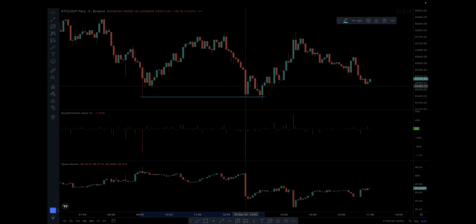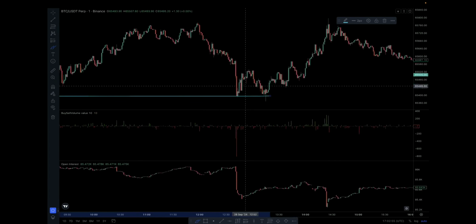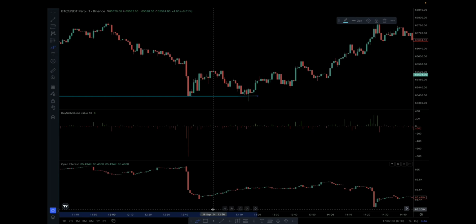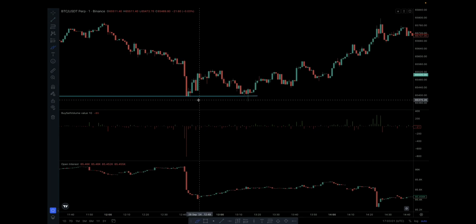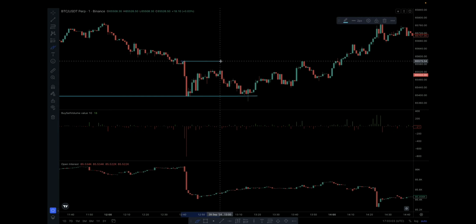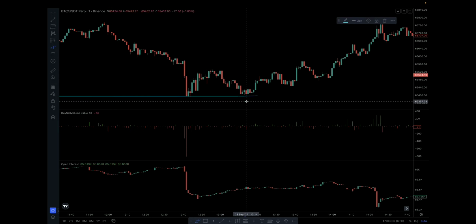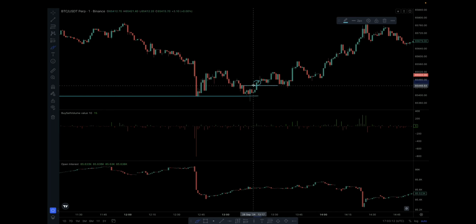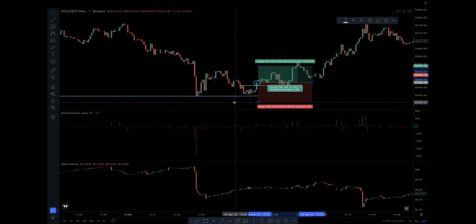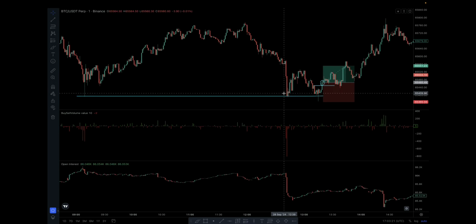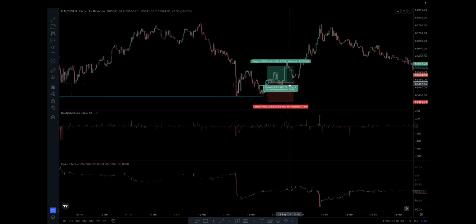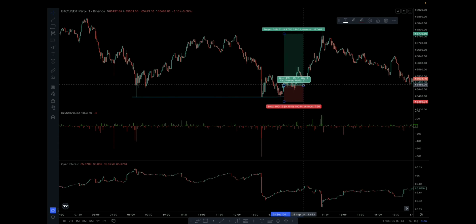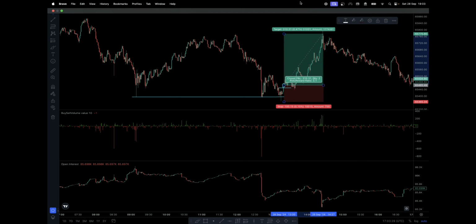So if you're looking at this, you go to a lower time frame. You would zoom it in, and after you've seen all that, you'll be looking for a price signal. So let's just take something really simple like a market structure break. Comes down, goes lower, so it goes below the low. Then it comes back above, there's a market structure break. So at that point, you could go long if you're testing that system. You might put your stop loss down there, saying that all of this shows passive demand into market order longs getting wrecked. We should go the other way. Maybe we target the liquidity above, there it goes, boom, right? So that's how you can use it